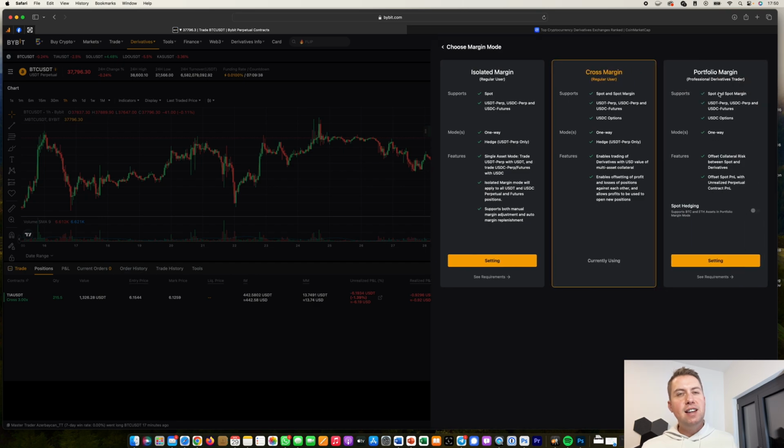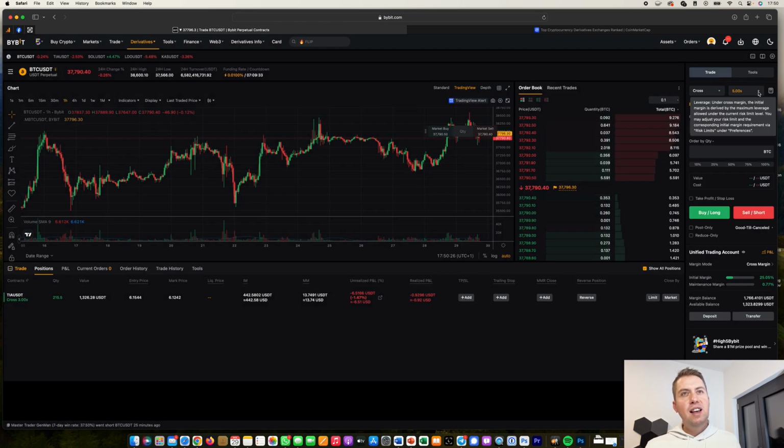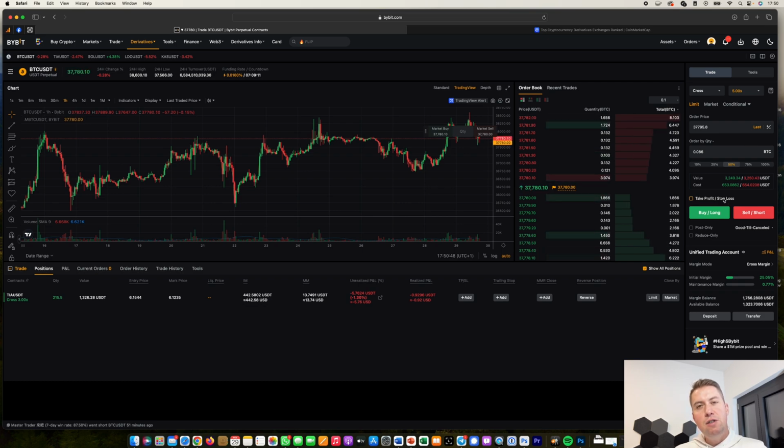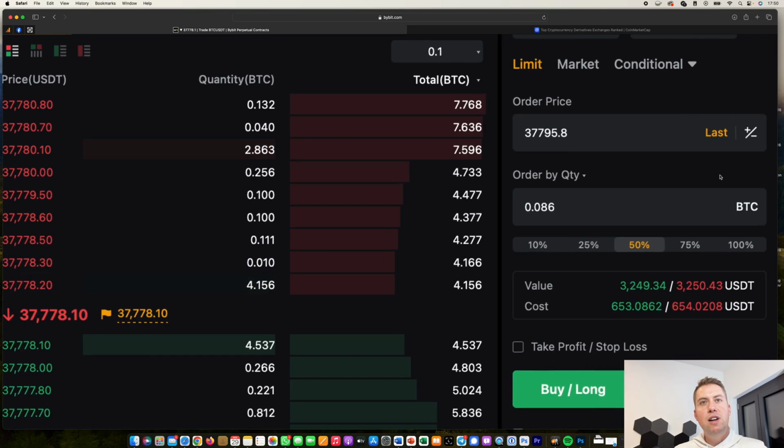That basically means you can only use the money that you have in that position. And for cross, it basically takes the whole money in your trading account. So let's say you invest half your money in a position here at 10x leverage. Even if the price drops by 10%, since you still have money in your trading account, it won't liquidate you.